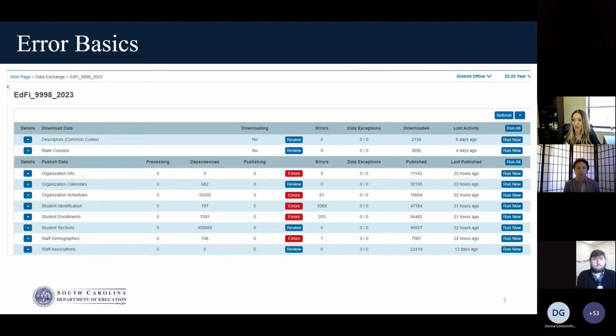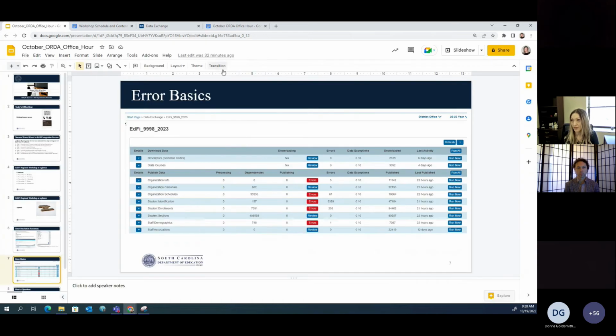So again, in the workshop, what you see here all the way through staff associations is going to be the focus, because we thought very carefully about making it interactive so that you are able to republish and see the results of having solved some errors. That seems to make sense. So we're going to take a look at just what that dashboard looks like. We'll have time for questions right after this.